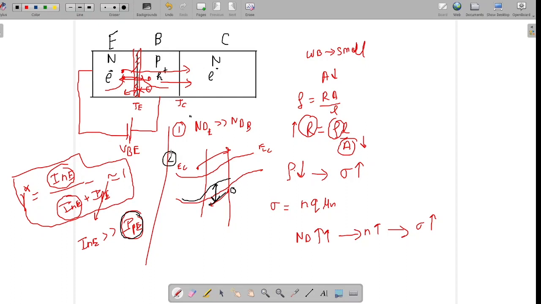So this is another way, but the first method was that we can make doping of emitter higher than doping of base. So this is the order of doping of emitter and doping of base. Now let us talk about doping of collector. So to talk about that,